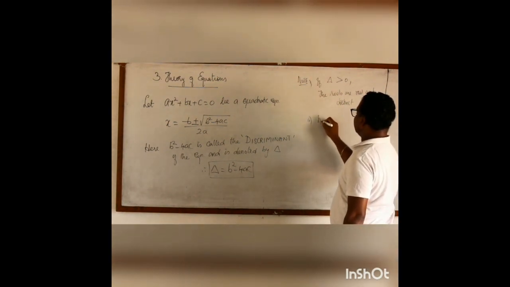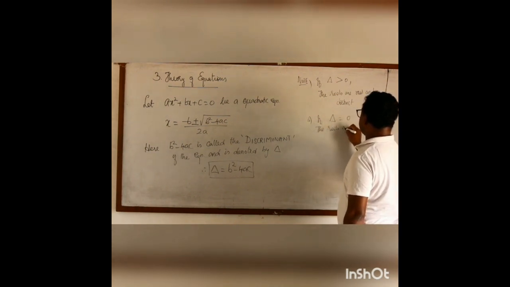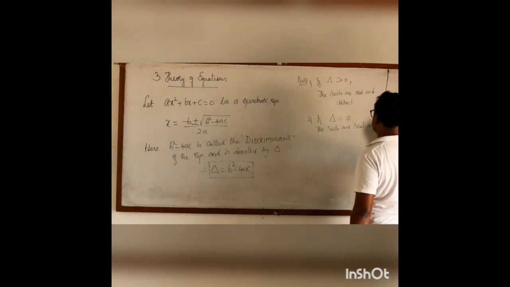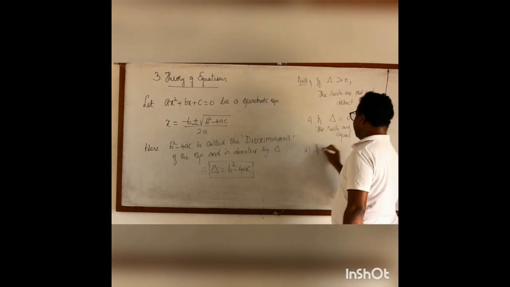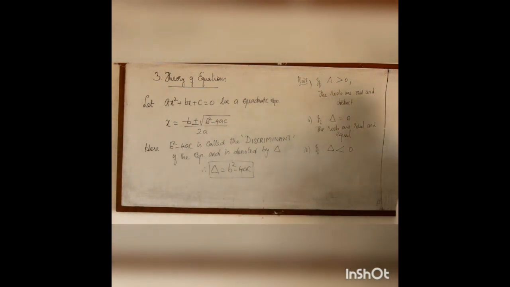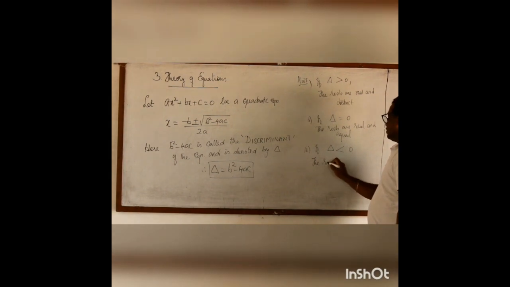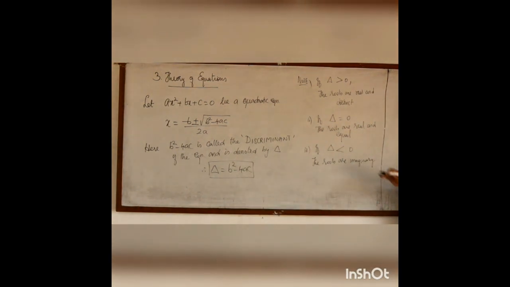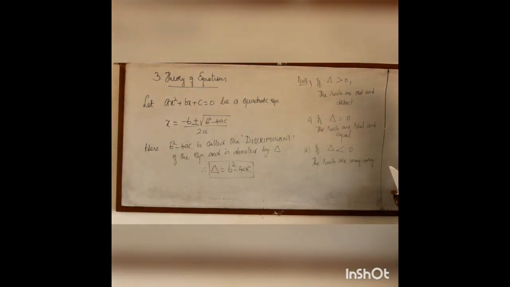If delta equal to 0, the roots are real and equal. Third one, if delta is less than 0, we earlier wrote it as unreal, but since we studied complex numbers, the roots are imaginary and we can find the imaginary roots hereafter. That is, if delta is less than 0, we will have a negative inside the root, but we can find the value using the concept of complex numbers.